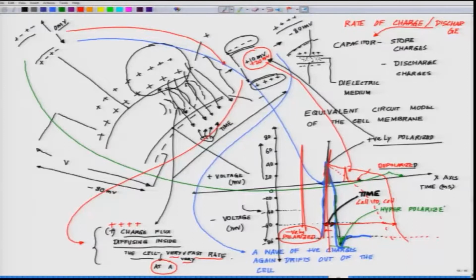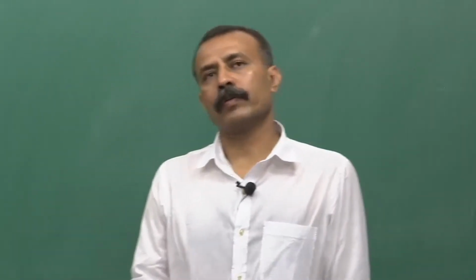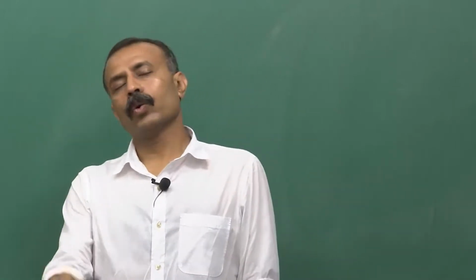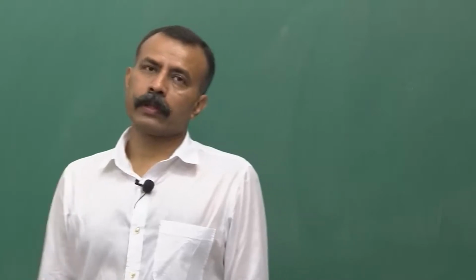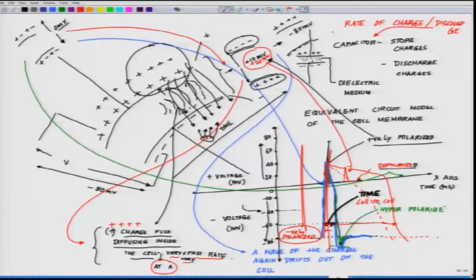If we treat it as a capacitor, it is the rate at which this charging and discharging happens. From a layman's perspective, if it charges fast yet can hold the charge for a prolonged period of time before discharging, that is something we see in structures like a battery or a cell, right,